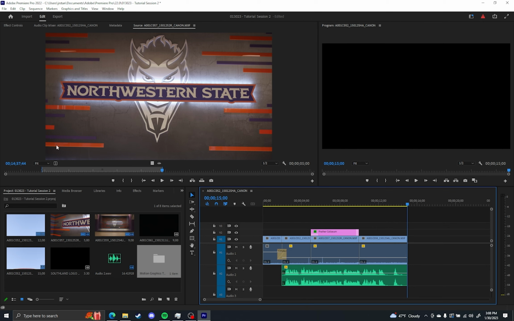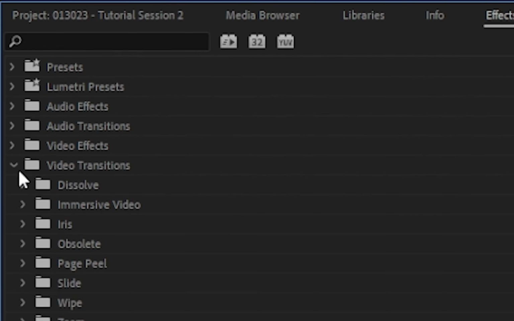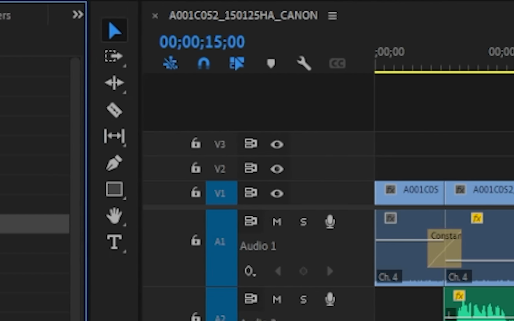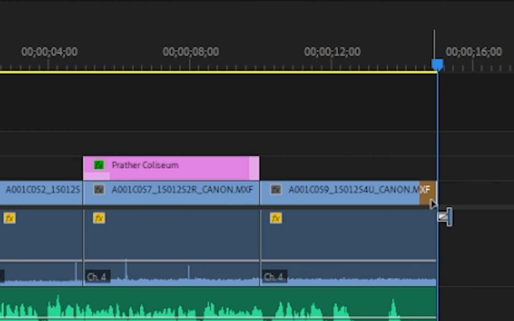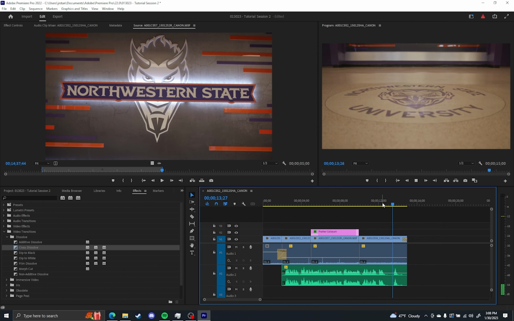So what we're going to do now is I'll show you dissolves. You'll go to your same effects window, video transitions, dissolves. There's plenty of dissolves here. You can play around with all these dissolves if you want to. We're going to use a simple cross dissolve today since we're just going to cross dissolve into the void. I want to take this cross dissolve and bookend it to the end of this last clip. That will give the effect of this video fading out at the end,